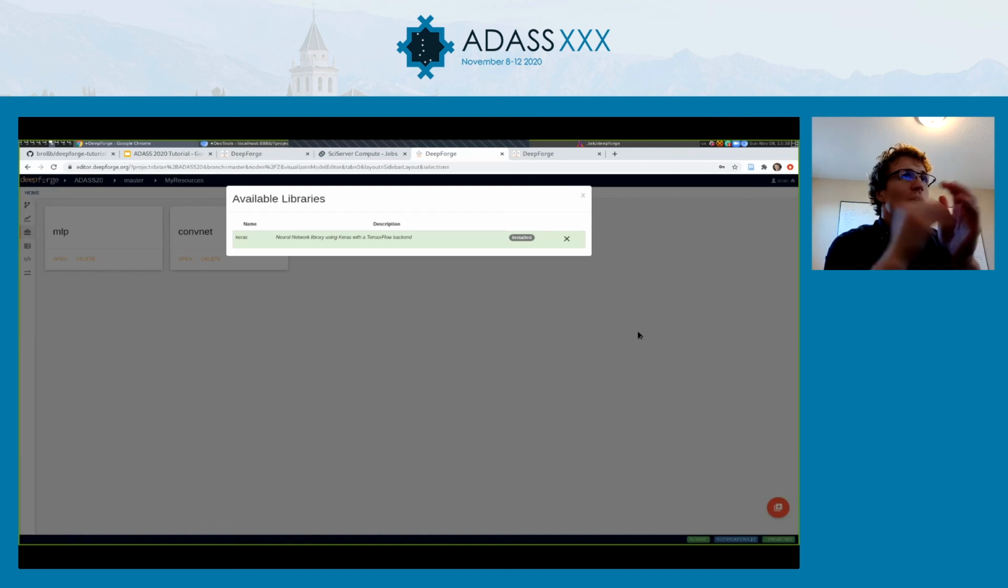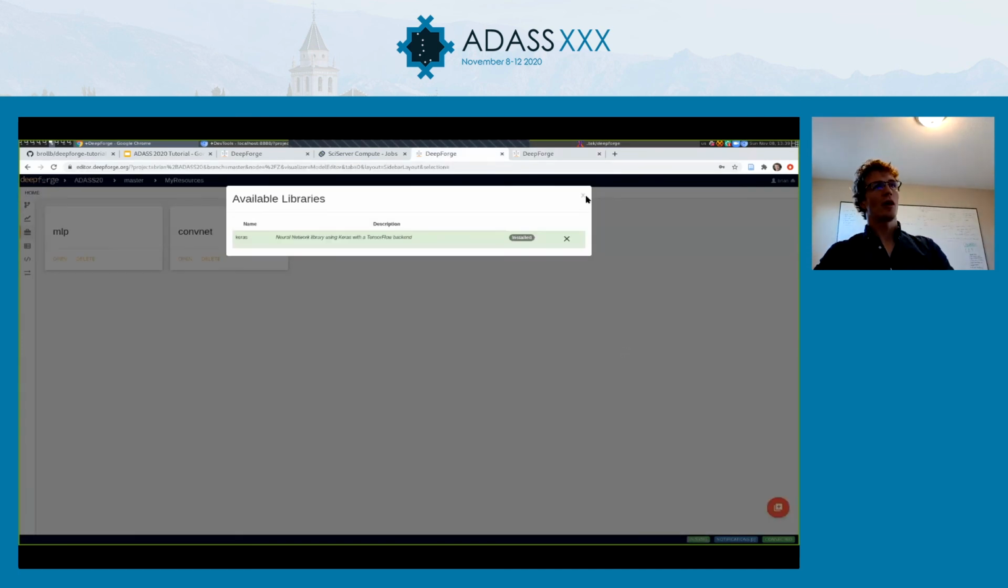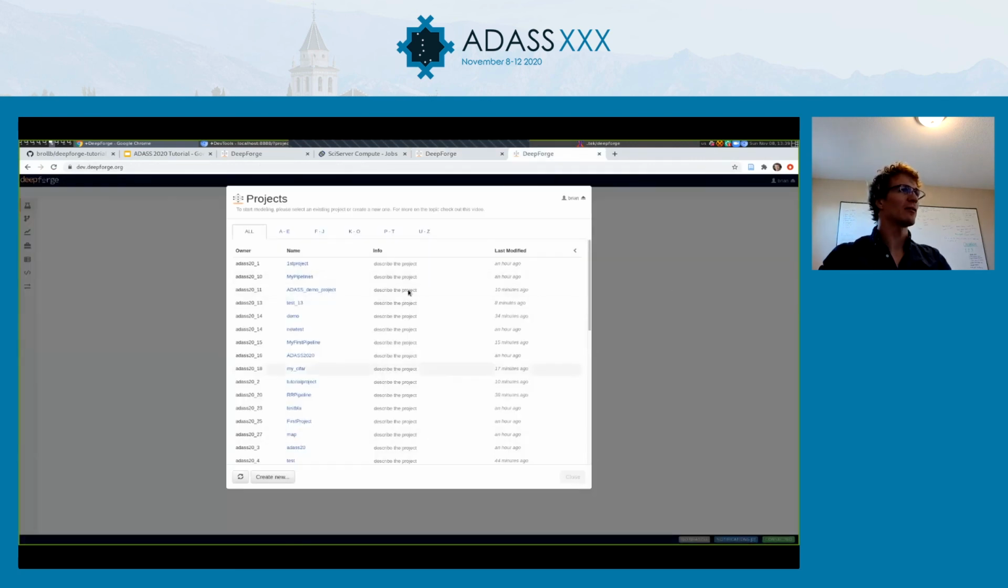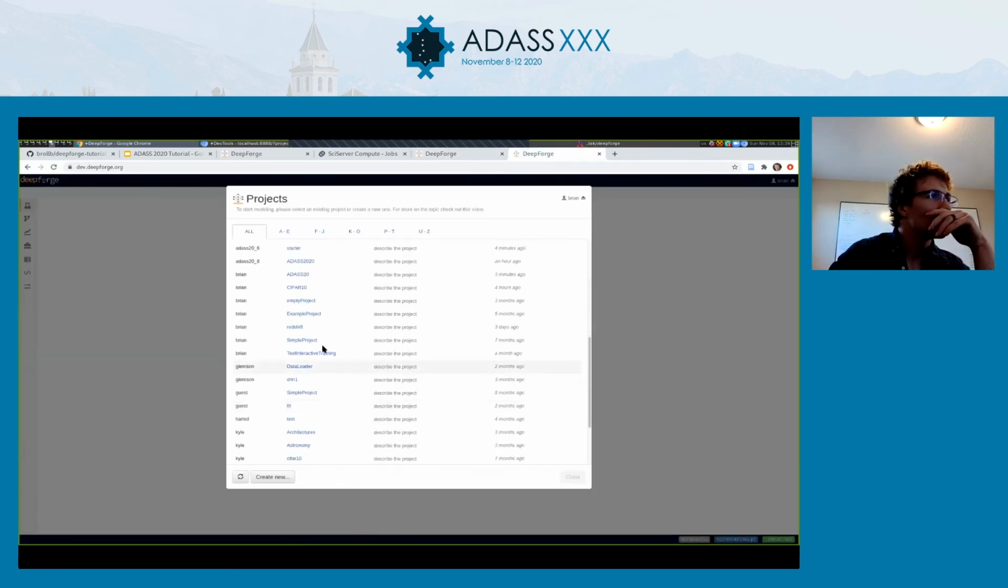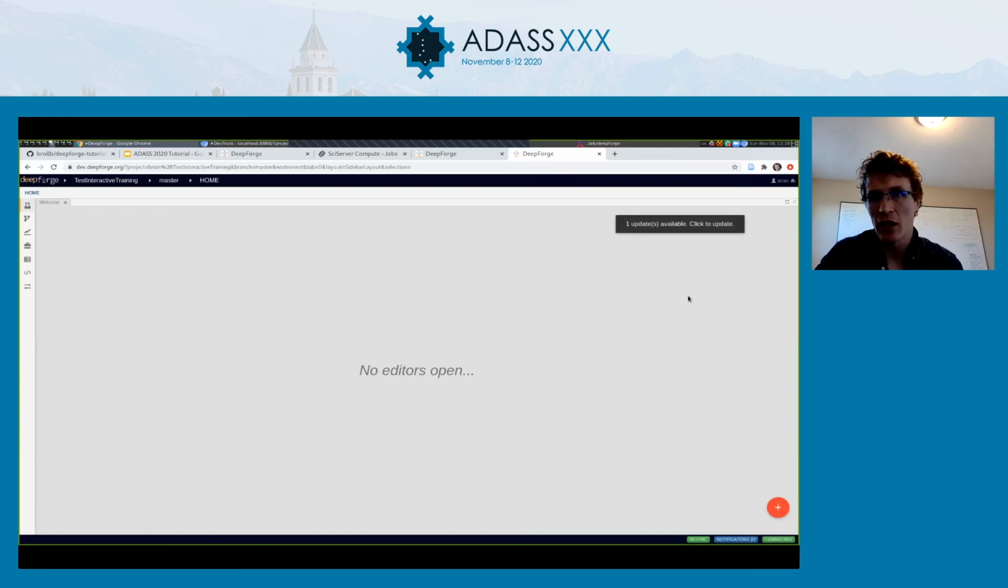Now the other two things that I wanted to point out in our little bit of time we have remaining are related to some upcoming concepts that we have around interactivity and data provenance. I haven't really shown anything yet about data provenance. Basically, one of the directions that I'm excited about within DeepForge